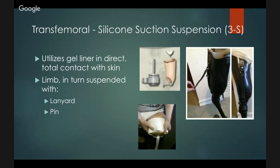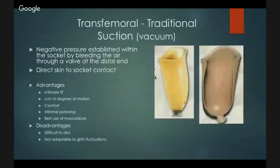And an advantage of the lanyard over the pin suspension, especially in transfemorals, is that if you have a longer residual limb, you don't need as much space in that socket to fit the suspension, whereas you need a good couple inches or more to fit this shuttle for the